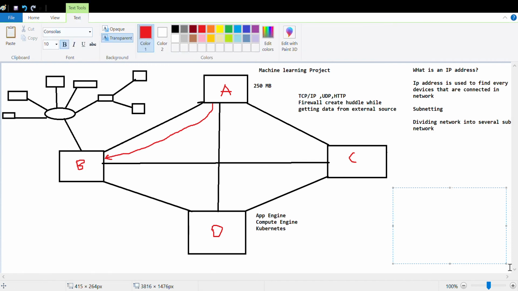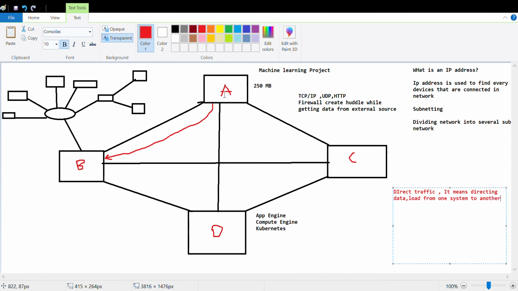So if anyone in an organization asks what you mean by directing traffic, it means directing signal or data load from one system to another.